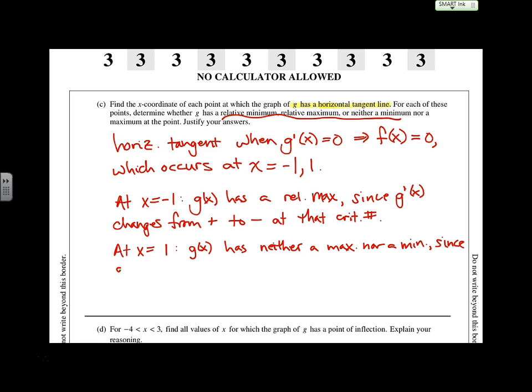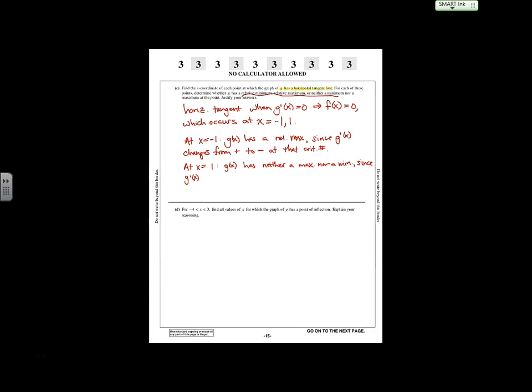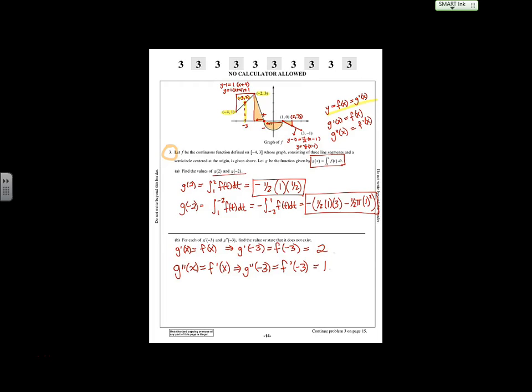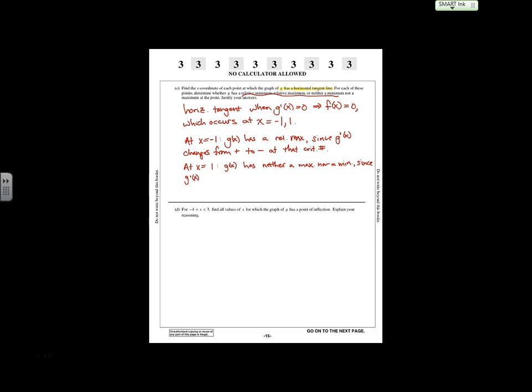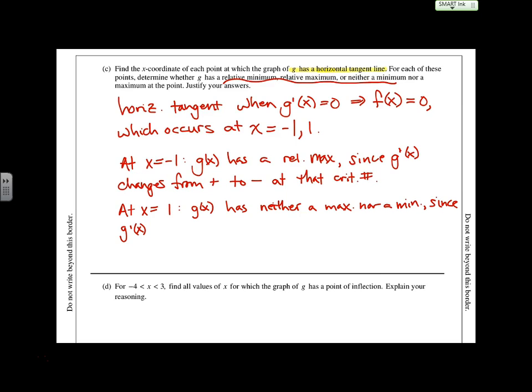What is G prime doing? It stays the same. It's below to below. Since G prime doesn't, put it this way, change signs